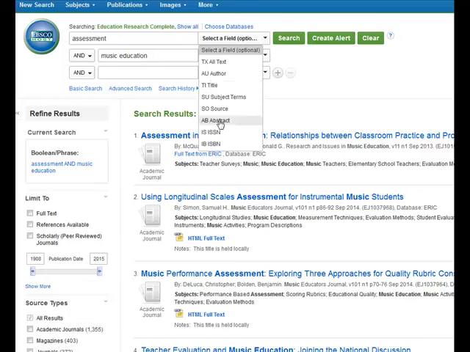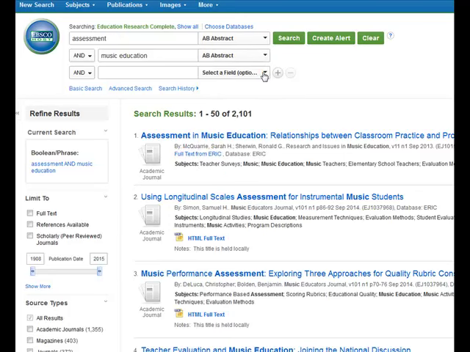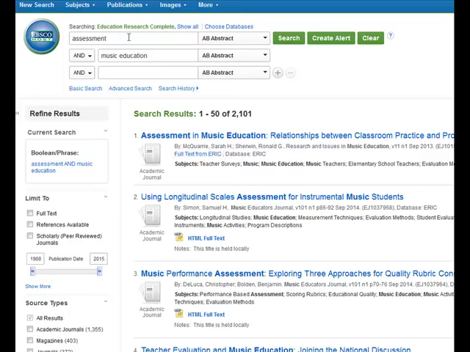I like to go with the abstract field to start. The abstract is a summary of the entire article. If your keywords occur in the summary, it's probably going to be a pretty relevant article for your research. The other options here probably will give you some varying forms of success, but abstract tends to work best, at least for the beginning researcher. So let's use that as our starting example. I'm going to select abstract for all of my fields, so I want to find both assessment and music education